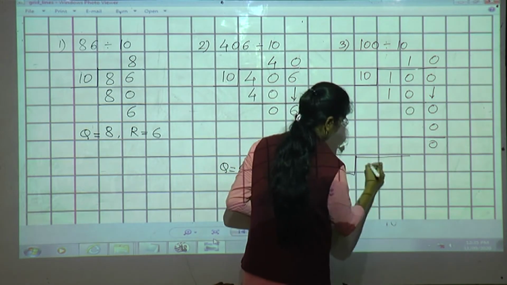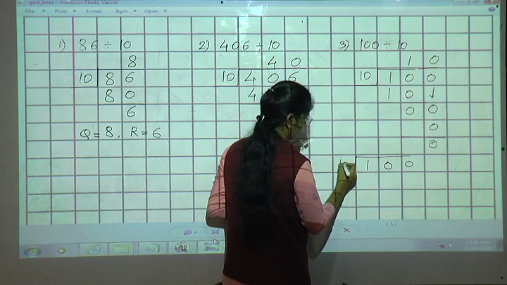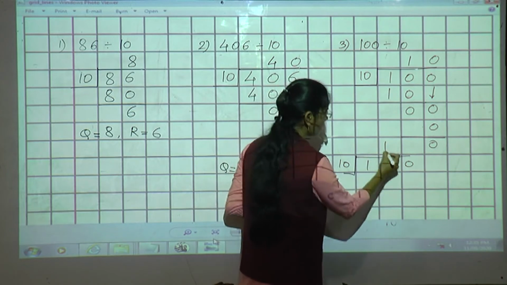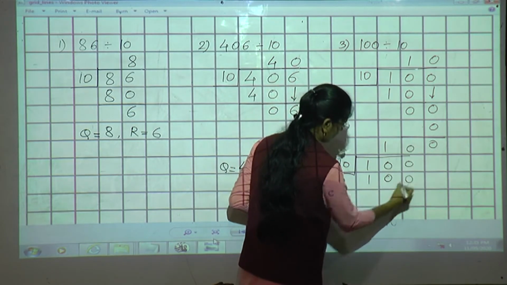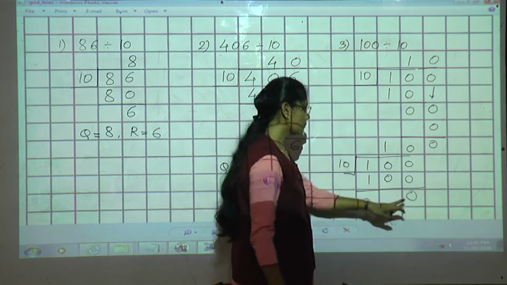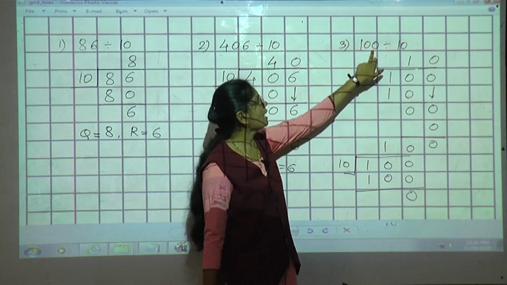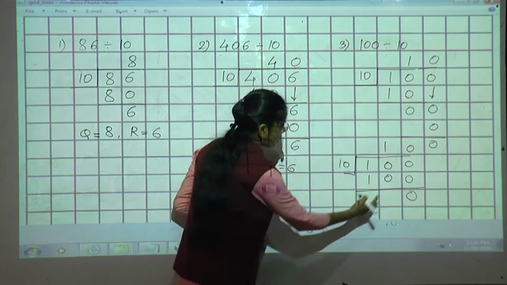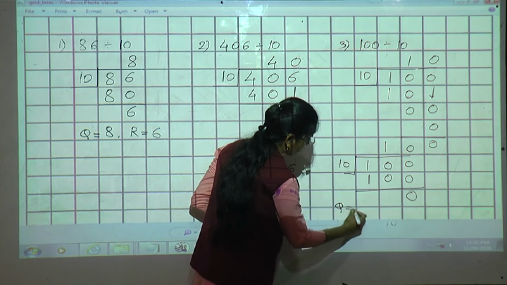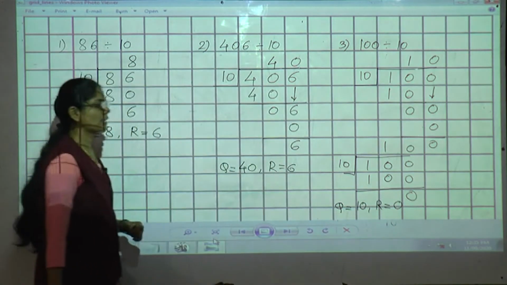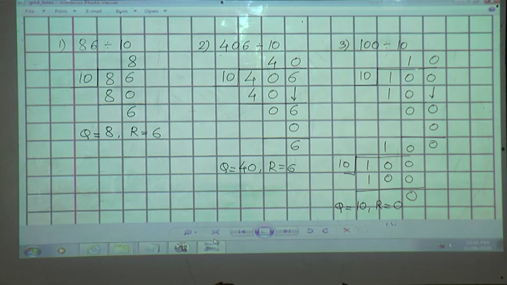Here I will show you 100 by 10. Now in the table of 10, 100 is there already. Okay. So directly you can solve 10 tens are 100. Now 100 minus 100, you will get the remainder 0 and the quotient is 10. See here in the number 100 at ones place 0 is there. So here we got the remainder 0 and the quotient is 10. So here you can write Q is equal to 10 and R is equal to 0. Clear? Okay. Then shall we move to the next example?